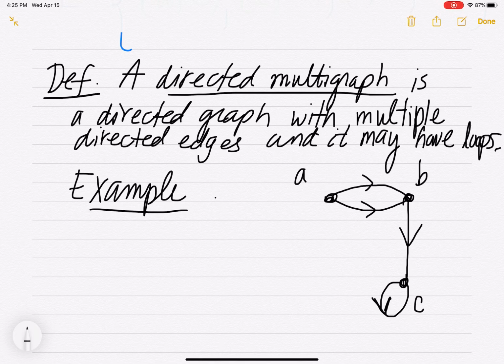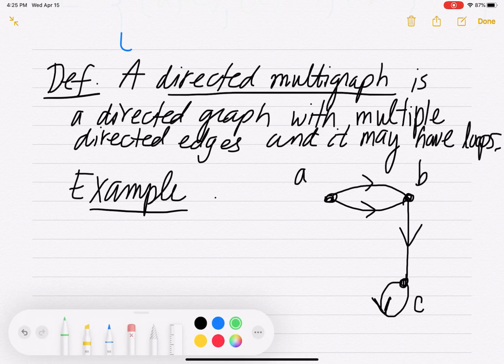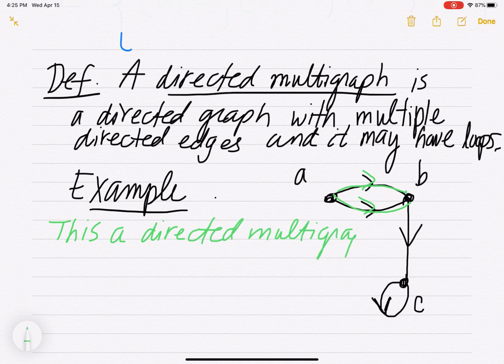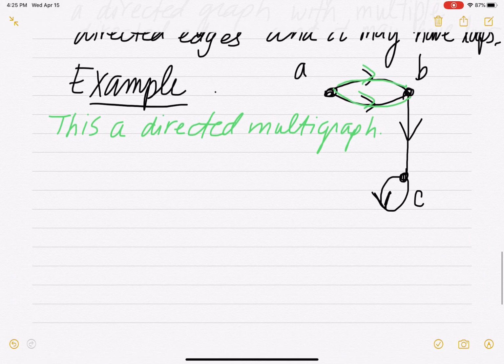Directed loop. All right, so this is a directed multigraph, right? You've got the arrows and you've got the repeated edge right here. AB is a repeated edge. So this is a directed multigraph. So if you wanted to write everything out nice and pretty,